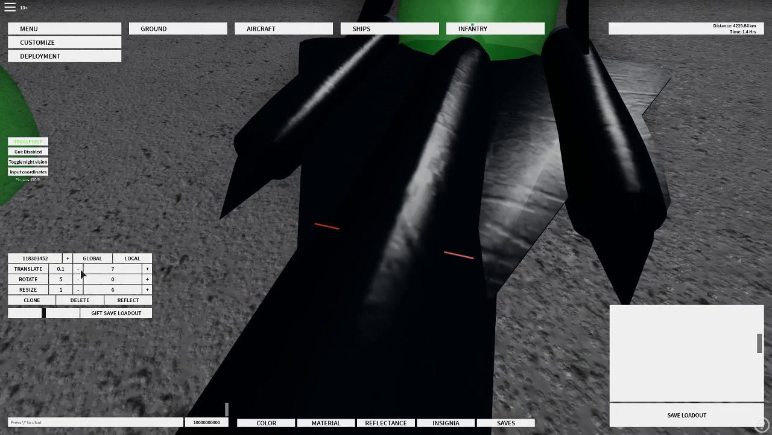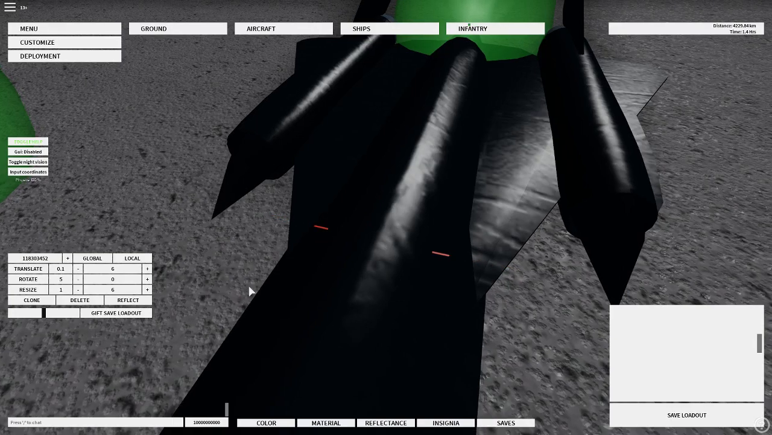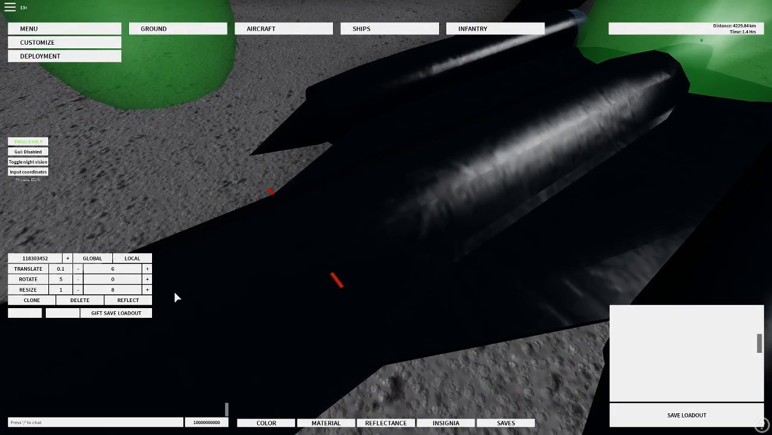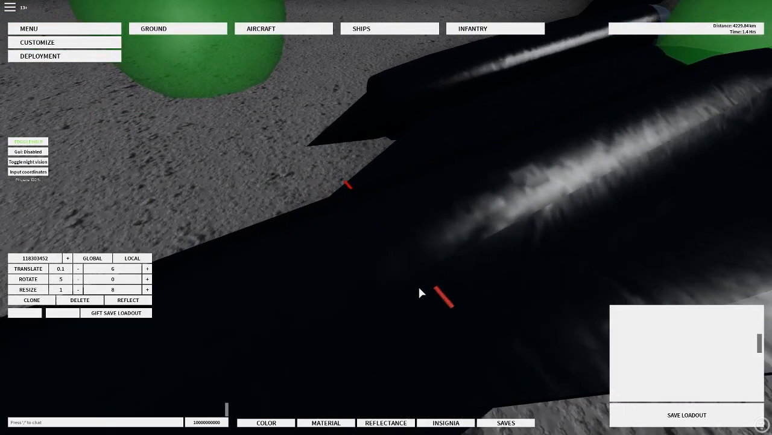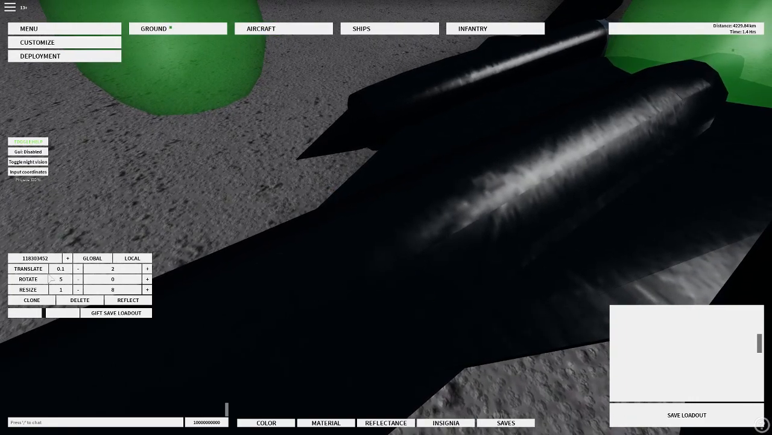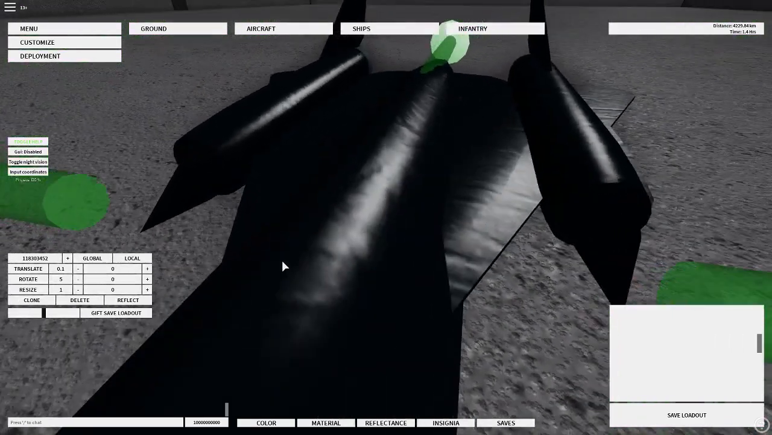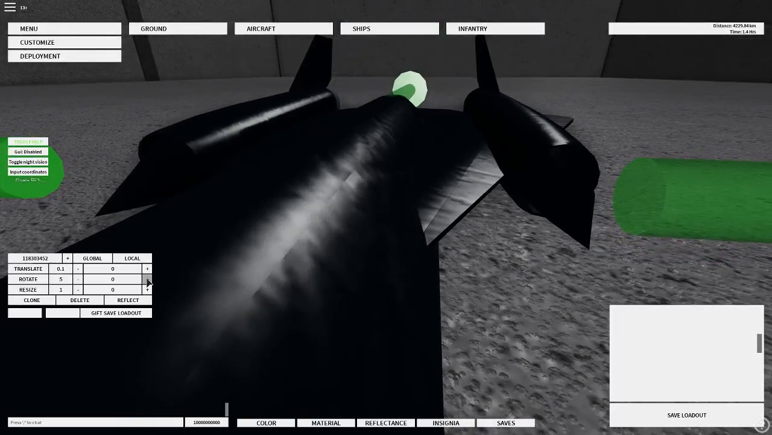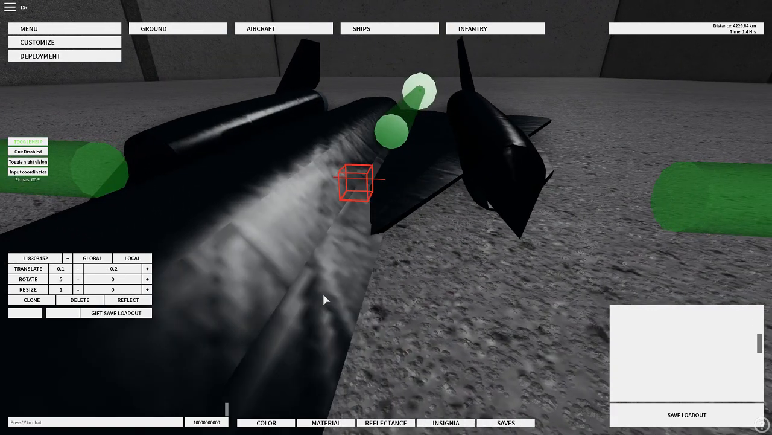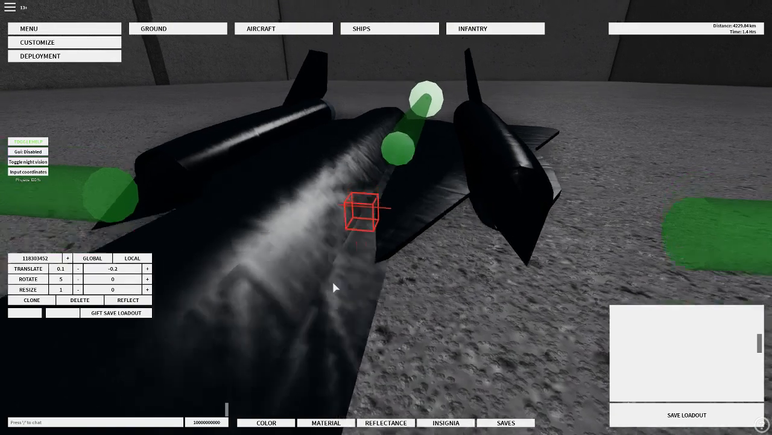I'm going to build the SR-71. So what I like to do is to keep it usually not as wide, but kind of wide, so we can see it, but not too big for the beginning. So when I click this button, it will move to the left, and so